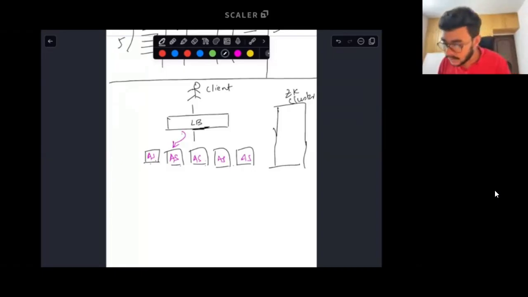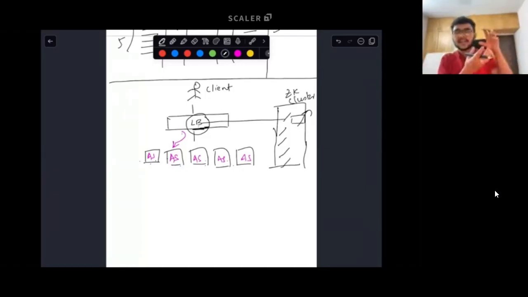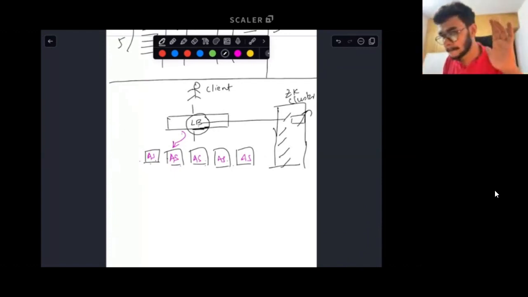How does the load balancer know whether someone is healthy, or whether someone becomes unhealthy? It can create a watch on all of the files for each of these application servers. Anytime that file gets deleted, the load balancer will immediately reconfigure itself and say, this application server is no longer healthy and I'm not going to send the request to it. Does it make sense?